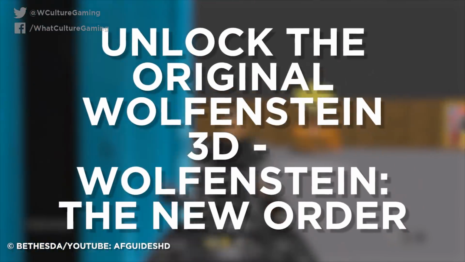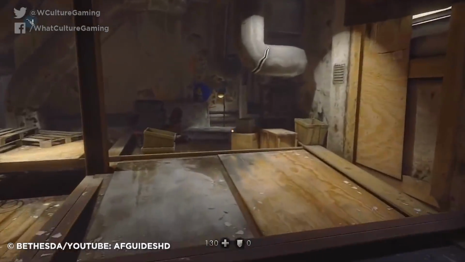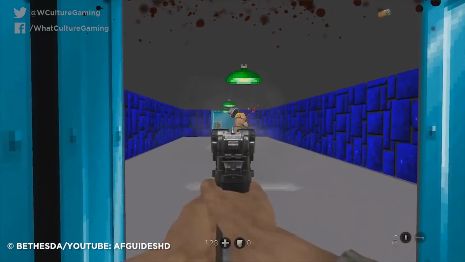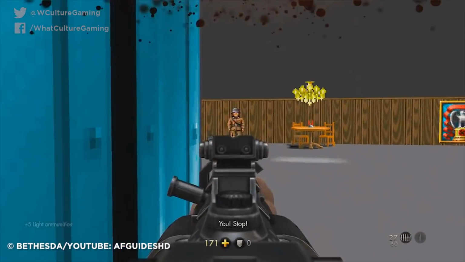Number 7. Unlock the original Wolfenstein 3D in Wolfenstein The New Order. For this one, you need to find BJ Blazkowicz's bed. So after that first batch of missions, forgo talking to your main crew and instead journey upstairs to BJ's makeshift bedroom. From here, hit the prompt that says Nightmare and you'll be booted into an emulated version of the original